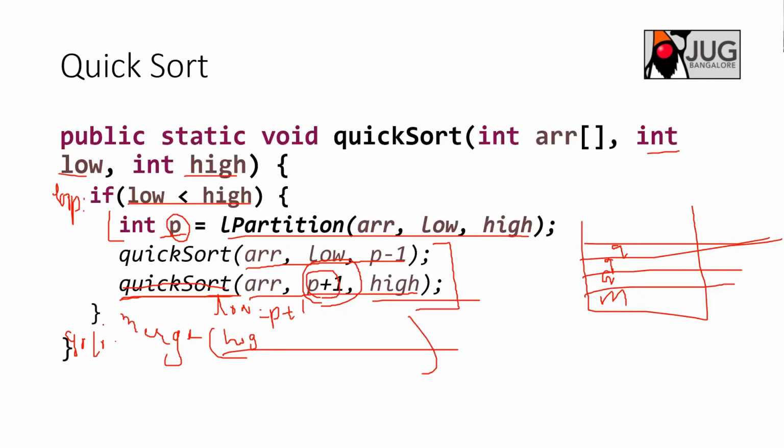If it is not a tail recursion, then merge has to be called on the return. Once the recursion is done and it comes back, you have something to call after this, because we have merge to be called in the case of merge sort. So this state needs to be saved. To make the merge, you need to save this state. Again, this state also needs to be saved, because you have something to be executed after that. So that makes it a bit complex, because you need to save the state of the register.